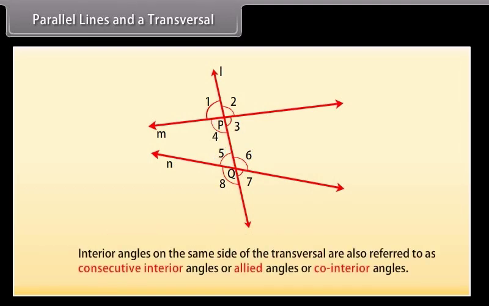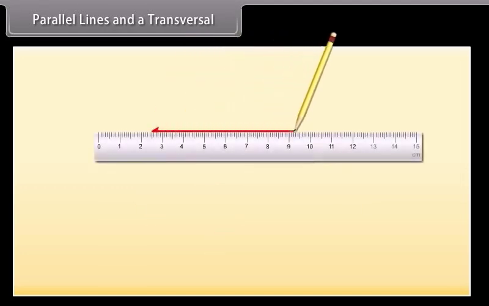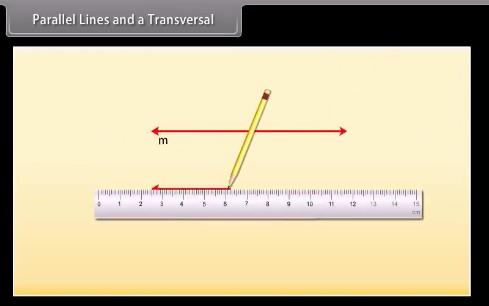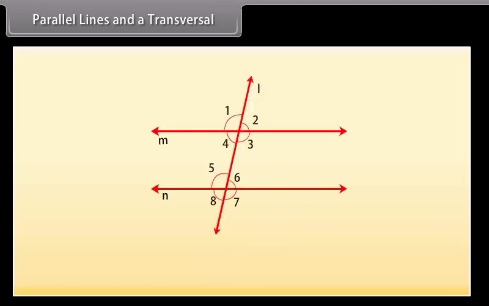Interior angles on the same side of the transversal are also referred to as consecutive interior angles or allied angles or co-interior angles. Now let us find out the relation between the angles in these pairs when line M is parallel to line N. So, with ruler and pencil, draw two parallel lines along any two of these lines and a transversal to intersect them. Now, if we measure any pair of corresponding angles, we find that angle 1 is equal to angle 5, angle 2 is equal to angle 6, angle 4 is equal to angle 8, and angle 3 is equal to